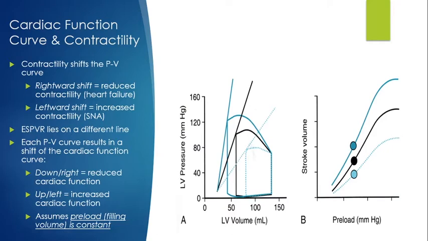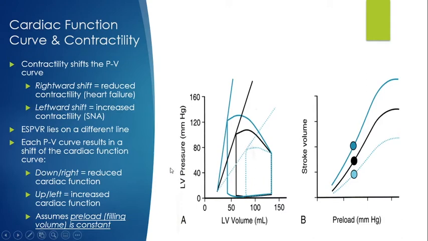Now that we talked about the effects of preload on cardiac function and the volume pressure relationship, let's talk about contractility. A rightward shift is seen of the pressure volume loop when there is a decrease in contractility. Such would be the case in heart failure. So you're seeing less ejection of blood from that left ventricle. We'll break this down a little bit more here in a second. But when we have an increase in contractility, well, then we're going to see a leftward and upward shift of